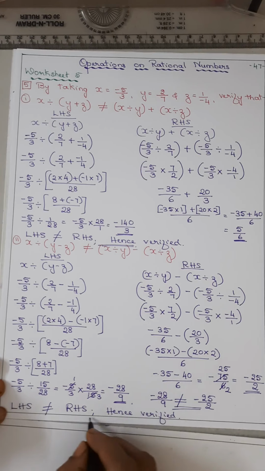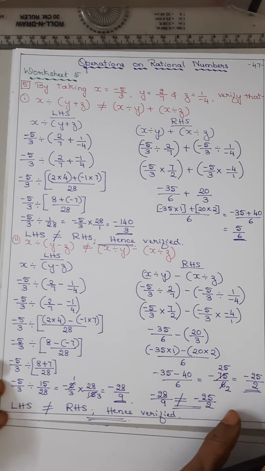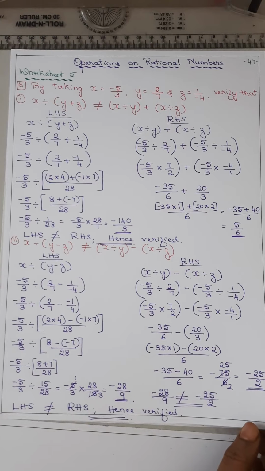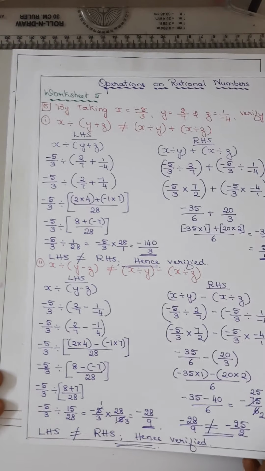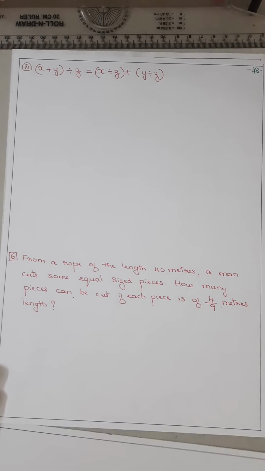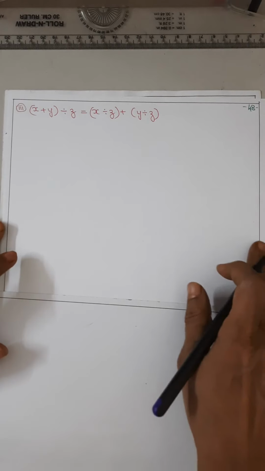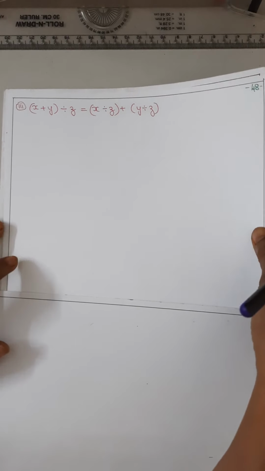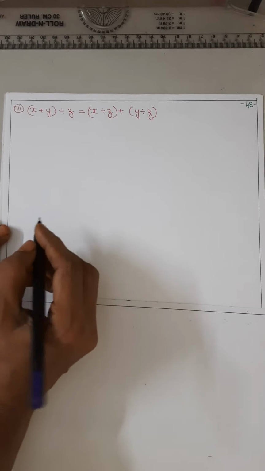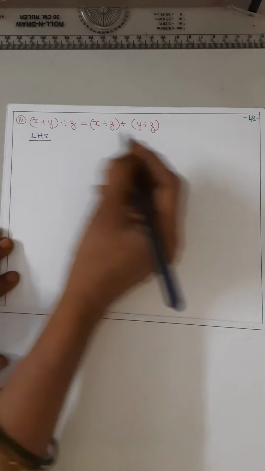So in the property we have already told that the distributive property does not hold true for division. Both these are distributive properties. Now coming to the third sum. Here the addition is first and then the division, isn't it? So this type also we have done in the example. So it is the X, LHS, RHS,